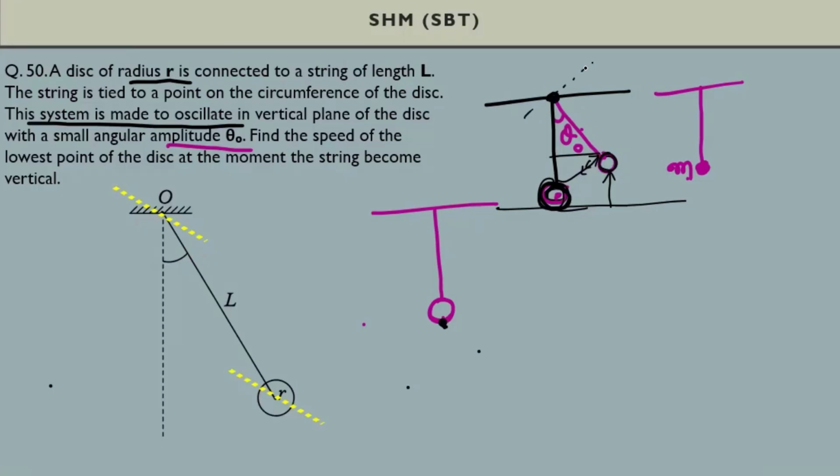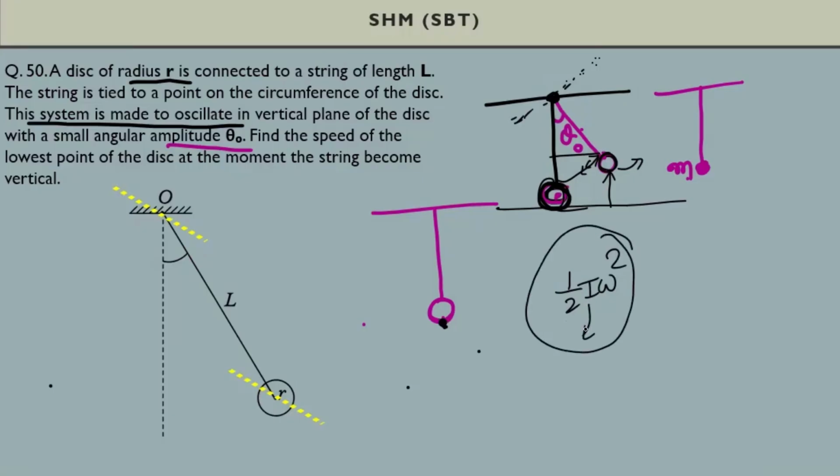This bob is rotating around an axis passing through this point, so it is in rotation around this axis. If you calculate its moment of inertia around this axis, call it I, then kinetic energy becomes half I omega square. I'm treating this case as pure rotation around this axis, so kinetic energy will be this. While it is coming down, kinetic energy should increase, because potential energy is decreasing, so it will only increase.